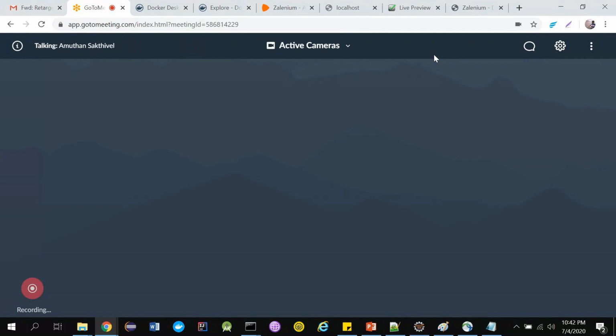But I will always recommend you keep everything separate, right? So don't complicate stuff. If you want to have different containers, create it as a different node, no problem. Or if you want to do the other way around, yeah, you can do it. Having multiple containers linked to the same node of a Selenium hub is also possible. That's just one extra command in your Docker Compose file. You can explore that, guys. That shouldn't be a big deal.